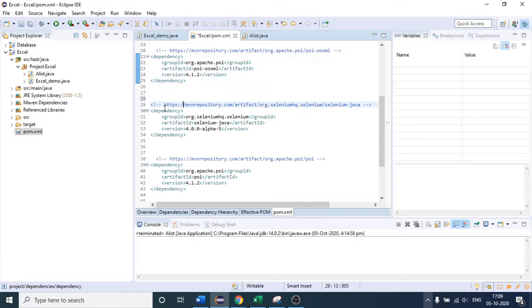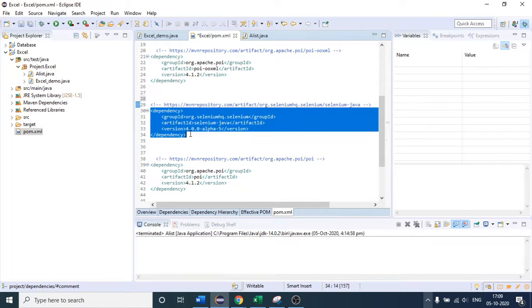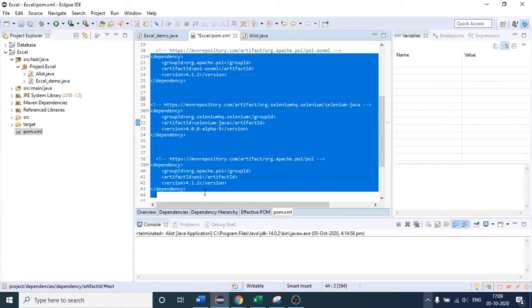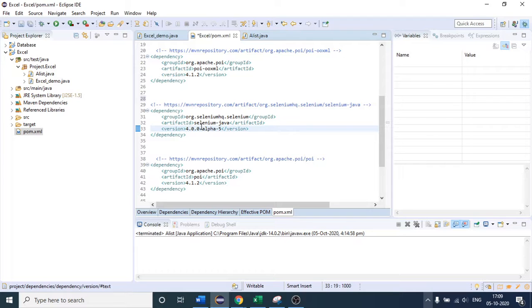Here you can see that I have pasted one more dependency, from which I'm getting all the Selenium jars. I hope you know how to do that as well. So you can paste these three dependencies. After that, hit Control S and save. I'm saving the project, so it will download the necessary resources, as you can see at the bottom. Let us wait for that to finish.